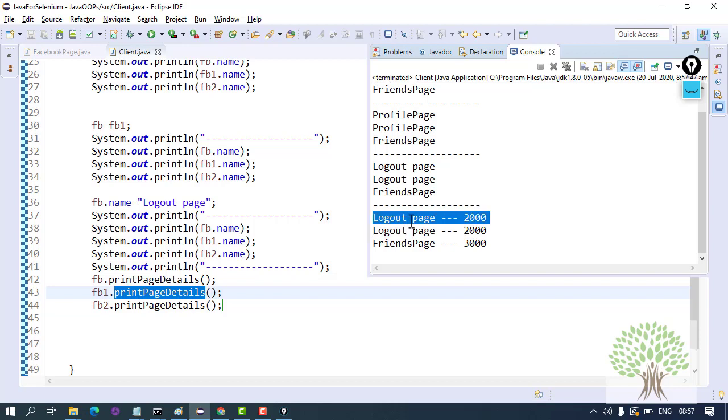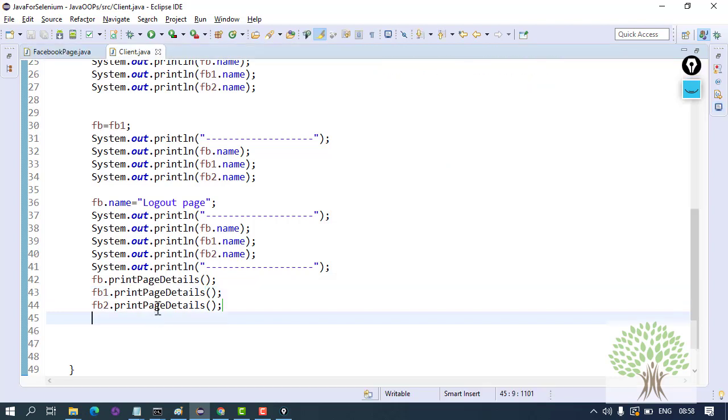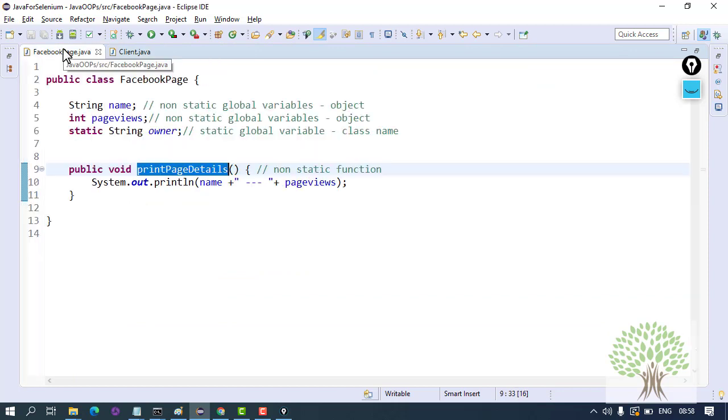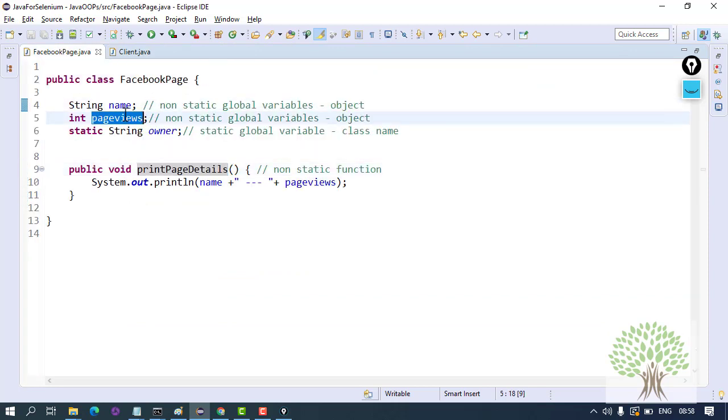It is printing the details of those objects, but for FB2 it is printing friends page with 3000 views. So if FB2 is calling the print details function, it will actually access the variables of FB2.